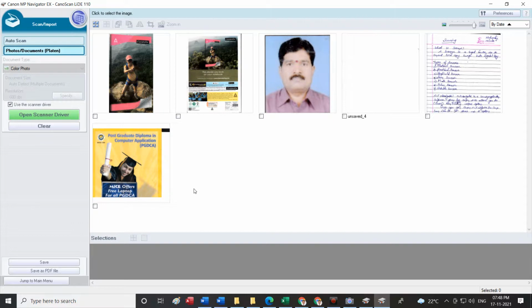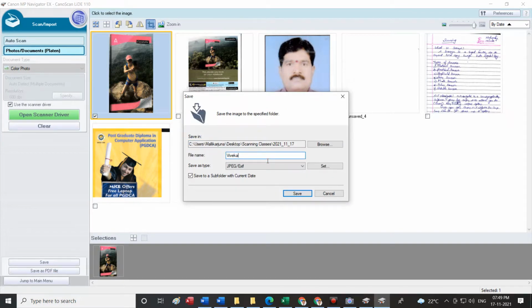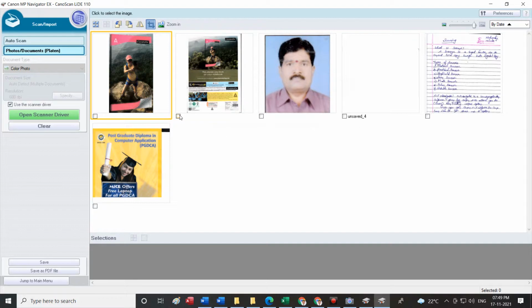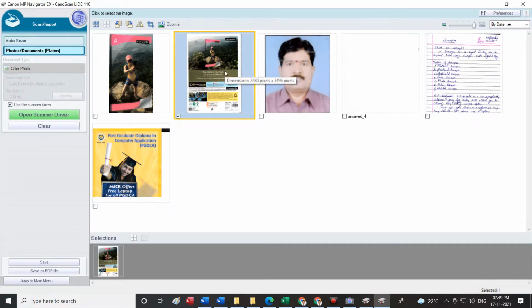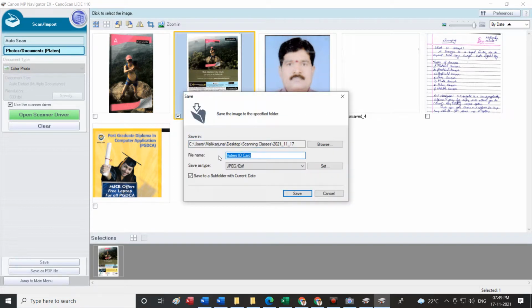tell me what exactly is the scan image that has been created. So assuming this was an ID card, Oto's ID card, I will select and I will say save, and I will say Oto's ID card, VOTERS ID card. I'll just name it VOTERS Oto's ID card. Close. This one was my 10th standard marks card of Vinay. I will say save. I'll say OK, and I will save it as Vinay 10th marks card.